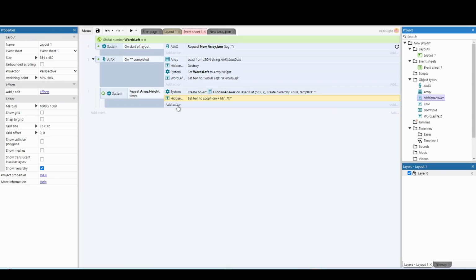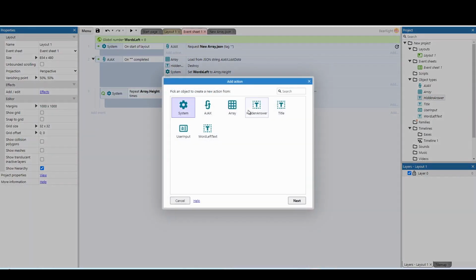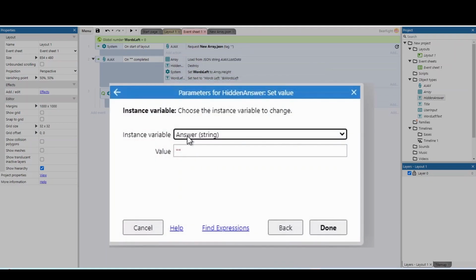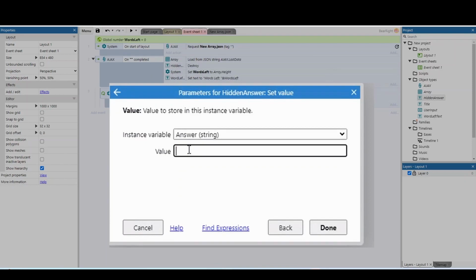So going back to our code here, we can now add an action. We can go back to our hidden answer. We need to start setting these values. So we'll start by setting the value of answer. And for this, we're going to actually do lowercase. This means that if you write an answer in uppercase or lowercase, we're always going to translate it all down to lowercase. Then we're going to take our